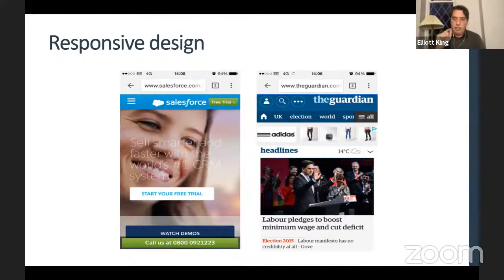The reason for doing that is so that you can create a version of the website that will be as effective as it can be in terms of how well you design it to work on a mobile screen as it will on a larger screen. And so what this really means is that,